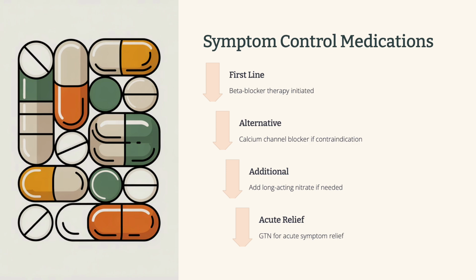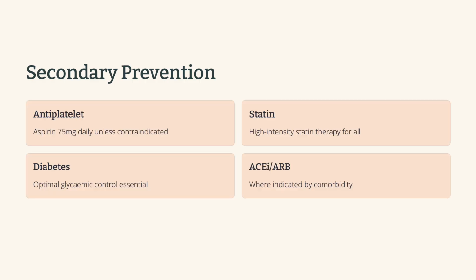I see. And what about those secondary prevention medications like aspirin and statins? Those are essential too. Aspirin helps prevent blood clots, which is crucial because patients with angina are at higher risk of having a heart attack. And statins lower cholesterol levels, which addresses the root cause of those blockages in the arteries. So it's a multi-pronged approach. Manage the symptoms, prevent clots, and tackle the underlying problem. Exactly. And all of this is in line with the latest NICE guidelines for managing angina here in the UK.